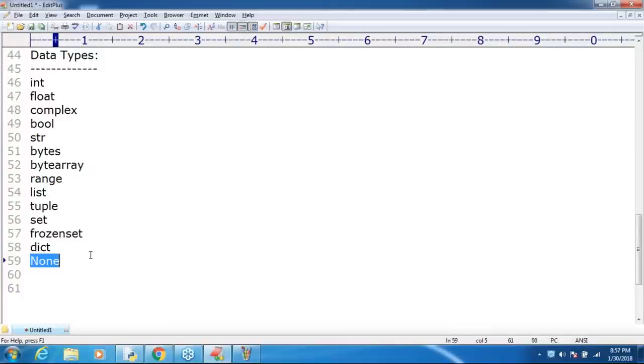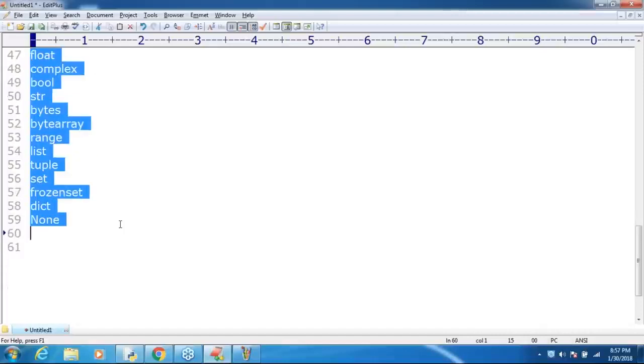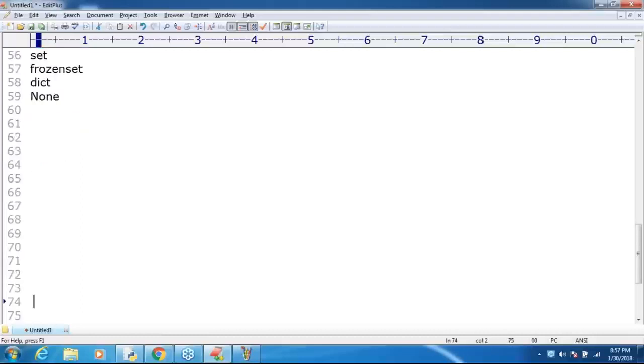In Python, how many things are available? These are the things we have, sir. Now I have to talk about these things one by one, so that you can feel more comfortable. Can you please spell out once again what the various data types available in Python are?